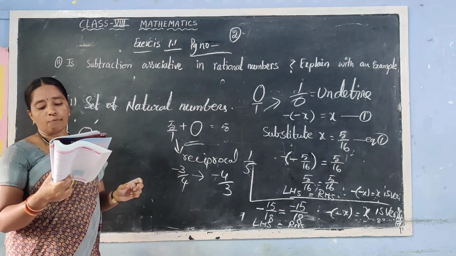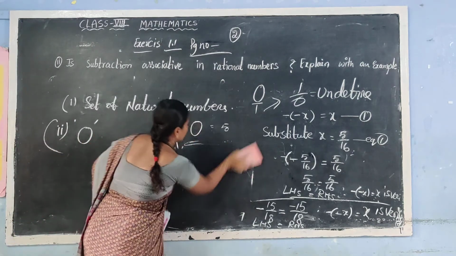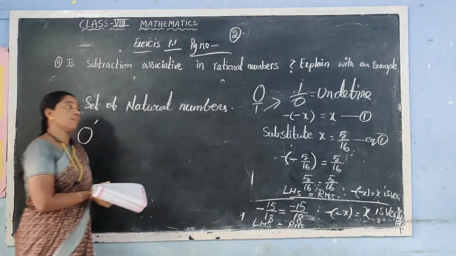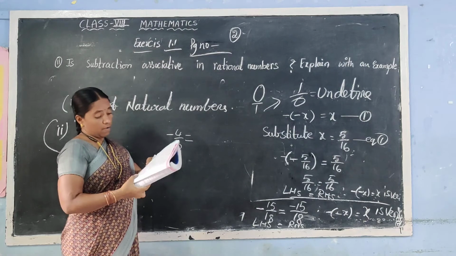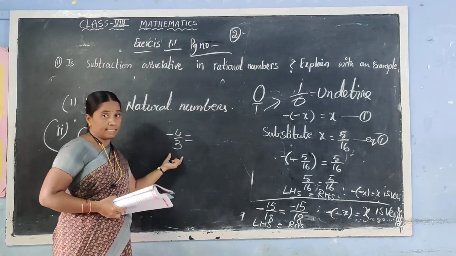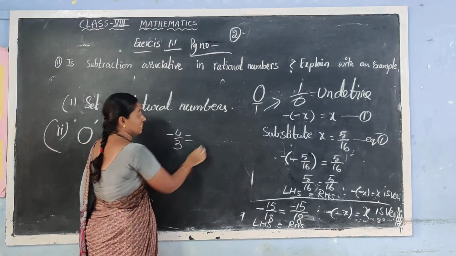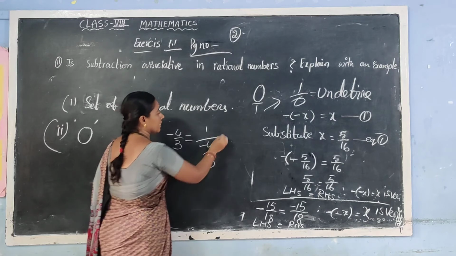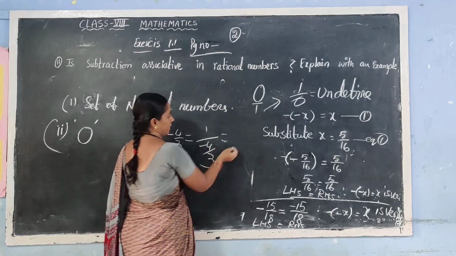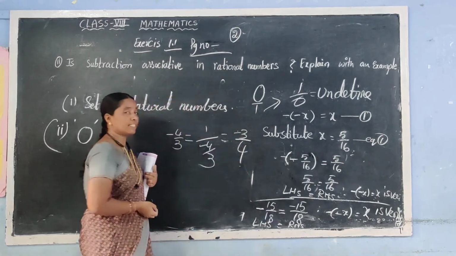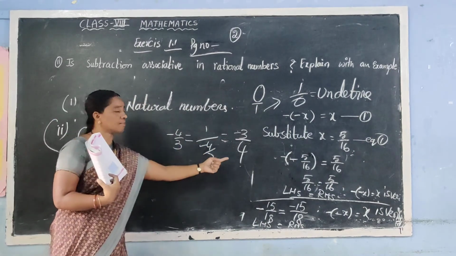Now you see third bit. The reciprocal of a negative rational number. What they are asking? Reciprocal of a negative rational number. Consider one negative rational number, Nana. Minus 4 by 3. Because they are asking for the reciprocal of this negative rational number. So, see, Nana, reciprocal means 1 by minus 4 by 3. The denominator becomes numerator, the numerator becomes denominator. So, minus 3 by 4, yes or no? Just we have to reverse the order.